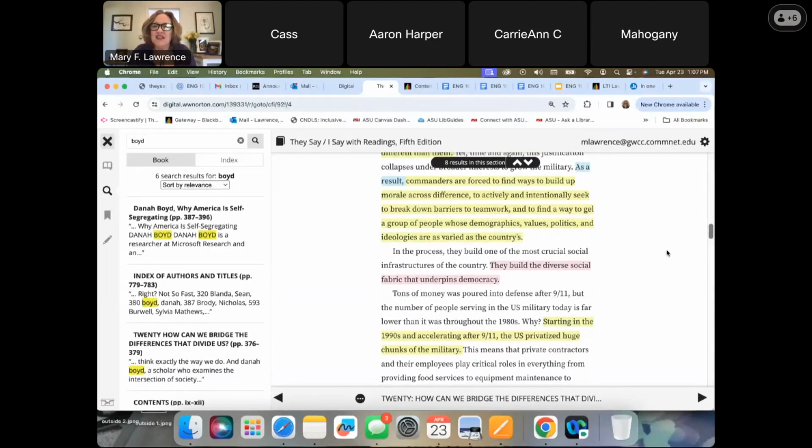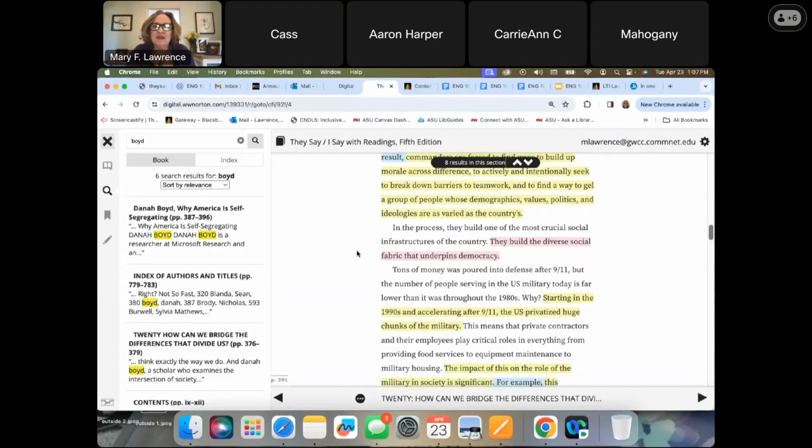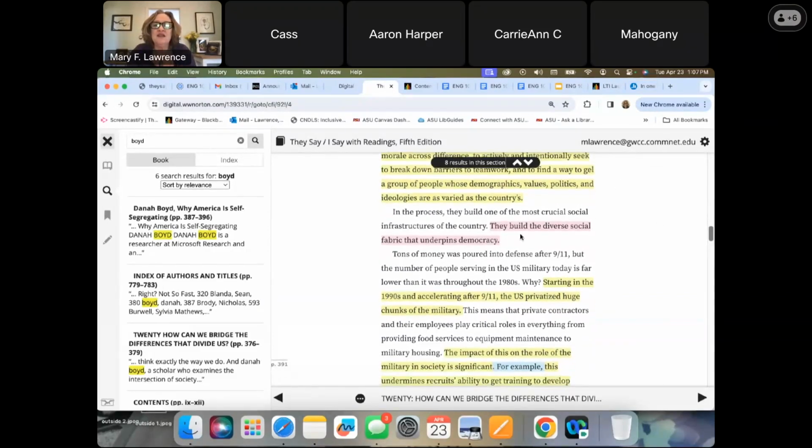Can you imagine that? That would be a challenge for leading people. But traditionally, that's what she said was happening since that time. And she uses again that analogy. They build a diverse social fabric that underpins democracy. So she's kind of saying, look, they were able to do it,